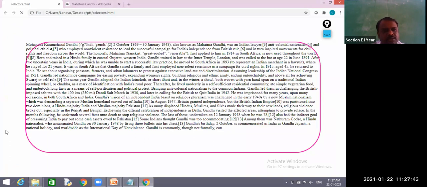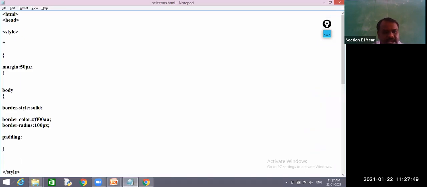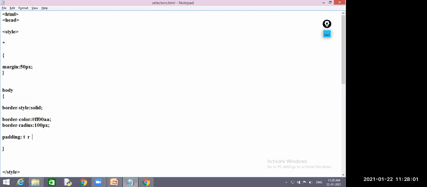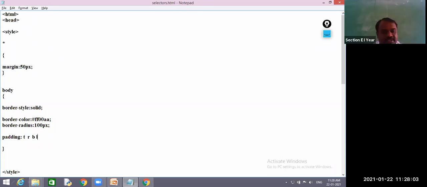Next I want to give the space. So padding, which again contains four values. Top value, right, bottom, left. This is the order if you give four values.